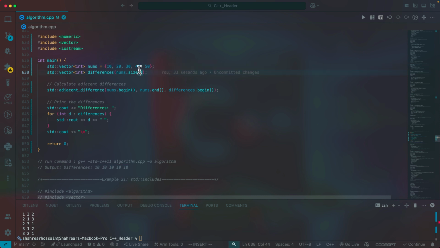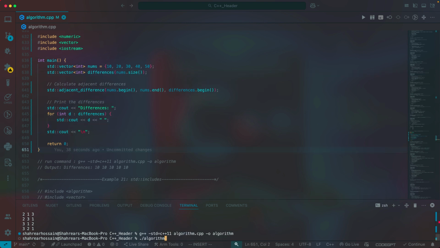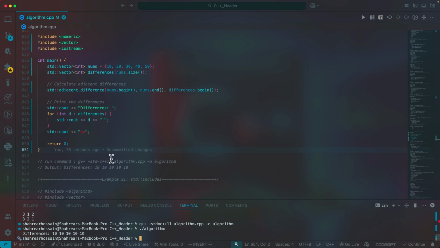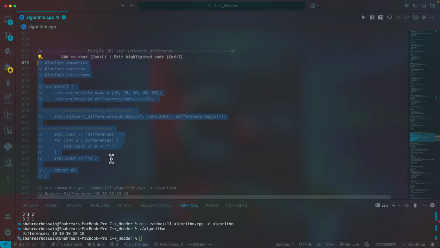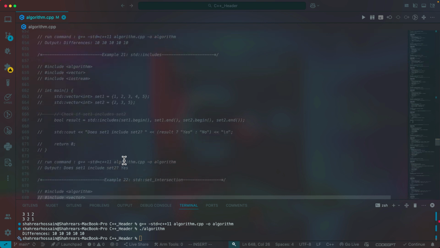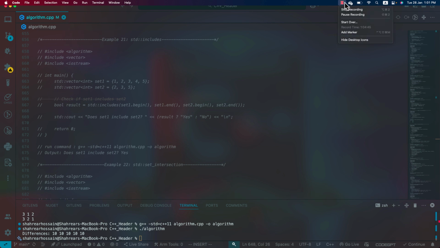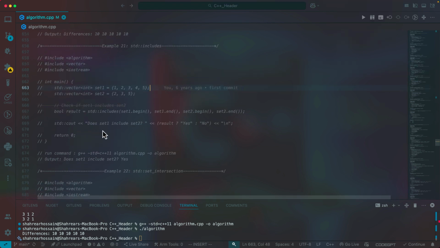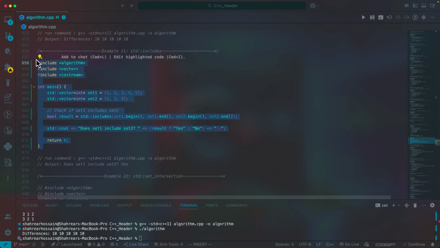So this is our code, and if we run it and see, here is our answer. Okay, this is the include section. This is our include section. If we run it, like that,